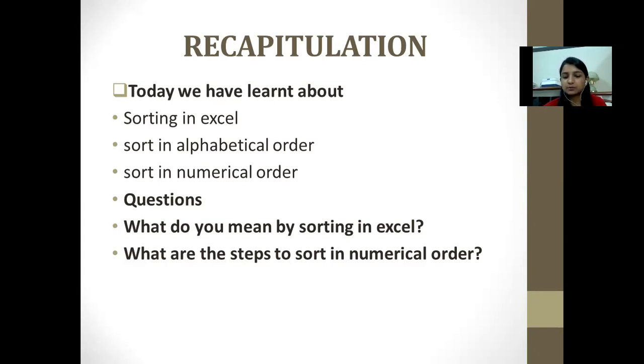What are the steps to sort in numerical order? This you also have to write. You can pause the video as well and write it in your notebooks.